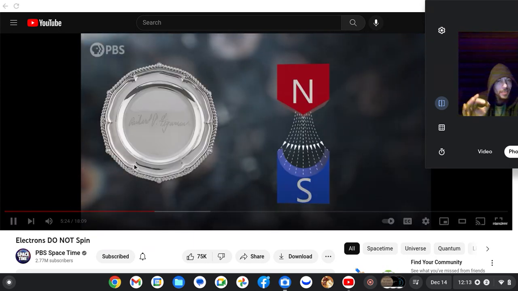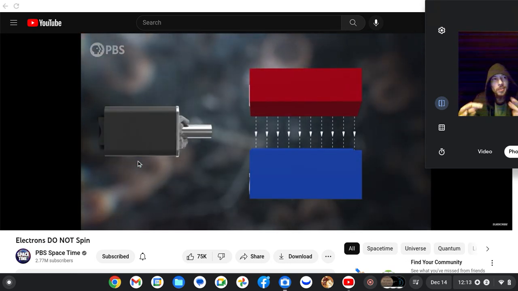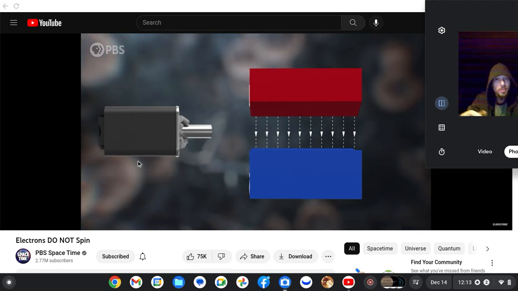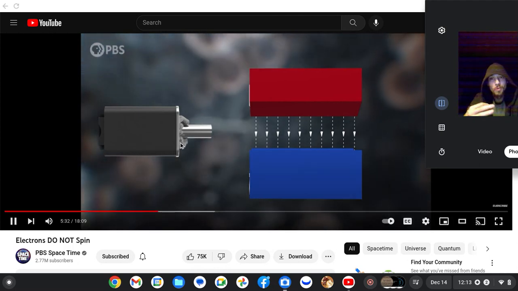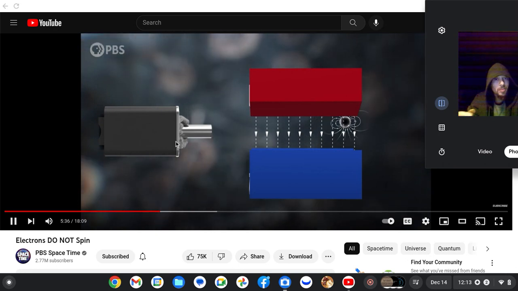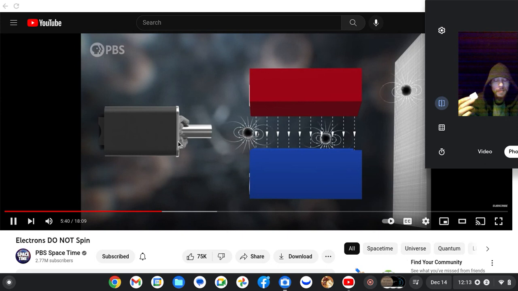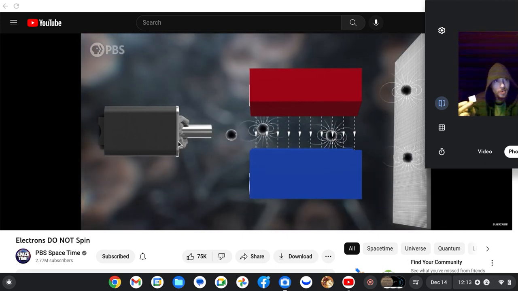In it, silver atoms are fired through a magnetic field with a force gradient. In this example, the field is stronger towards the North Pole above and weaker going down. A lone electron in the outer shell of the silver atoms grants those atoms a magnetic moment. That means the external magnetic field induces a force on the atoms, and the way it does that depends on the directions that these little magnetic moments are pointing relative to the field.